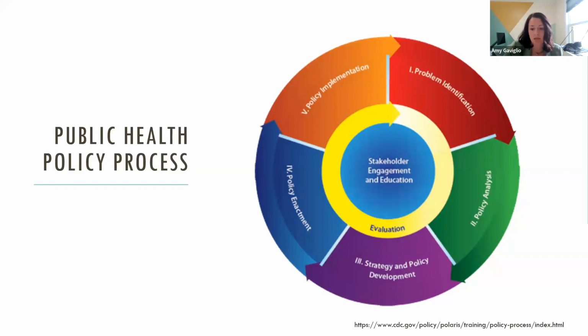After this comes the grouping listed in purple, which is strategy and policy development. This perhaps is one of the toughest parts of policy setting, as this part focuses on actually drafting the policy, getting feedback, engaging interested or affected partners, and assessing the current context in which the policy will be enacted. Which then, of course, brings us to the fourth domain, which is policy enactment. This is the process of refining the policy and moving it through the relevant procedures to get the law passed or enacted. And then finally, in orange comes policy implementation.